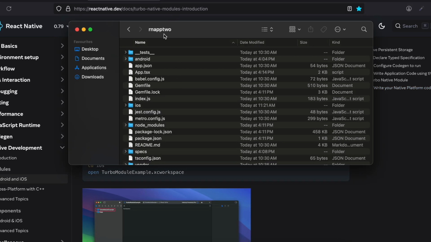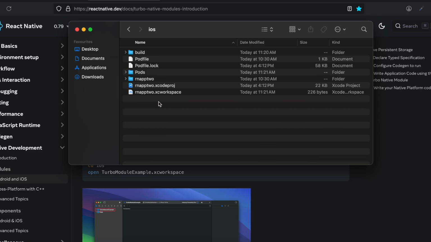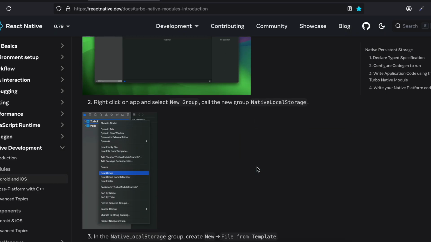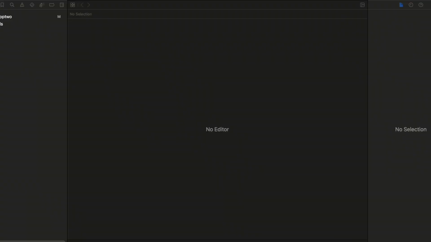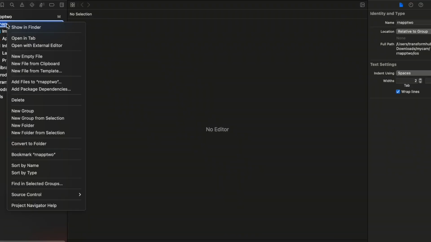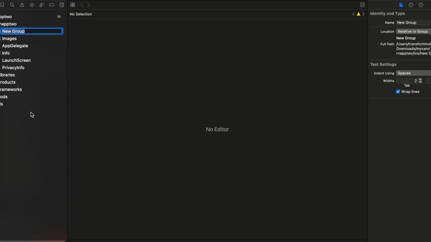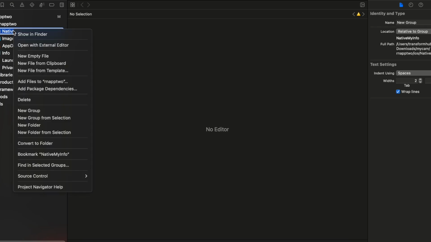So just go to your React Native application, go to iOS, double click on this .xcworkspace to open it inside Xcode. So first what it tells us is that we need to create a group with our file name, right? So I'll just copy this. Let's just wait for Xcode to open up. So inside this particular thing, we'll just open this and we'll create a new group. So new group, and I'll just name it as NativeMyInfo. Then inside that we'll create a file. Again, right click, new file from template,